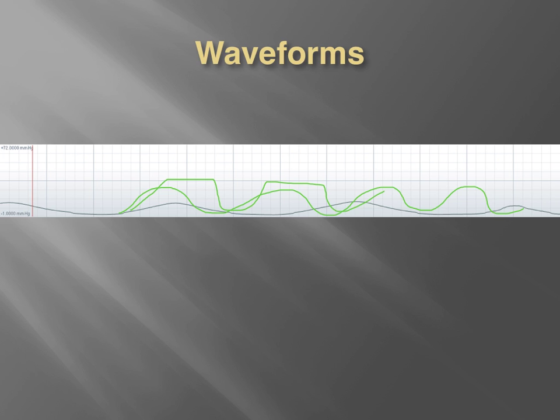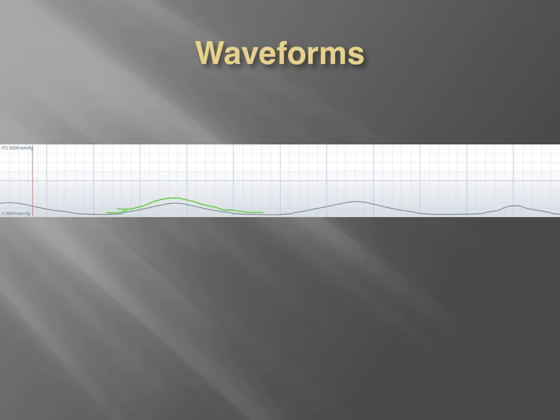Rounding may be consistent with some type of delay in exhalation with bronchospasm or something, but typically when we have more of the rounding effect like this is showing here, a little bit more of a rounding effect, then